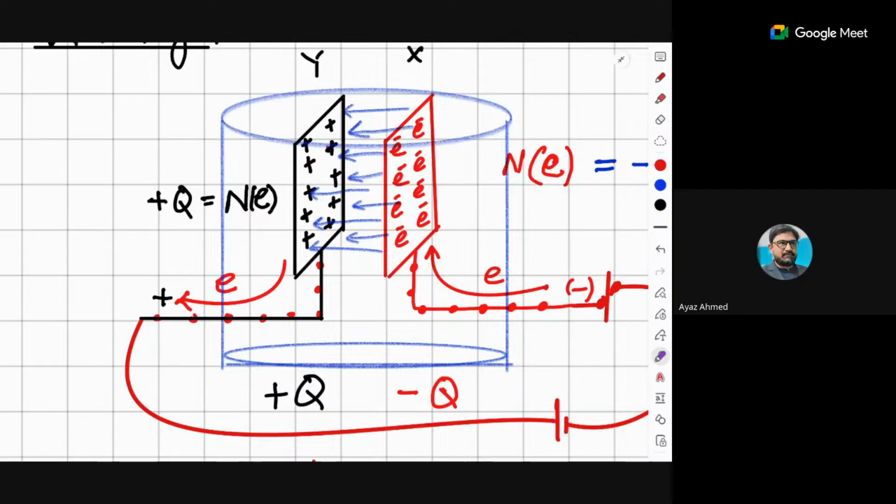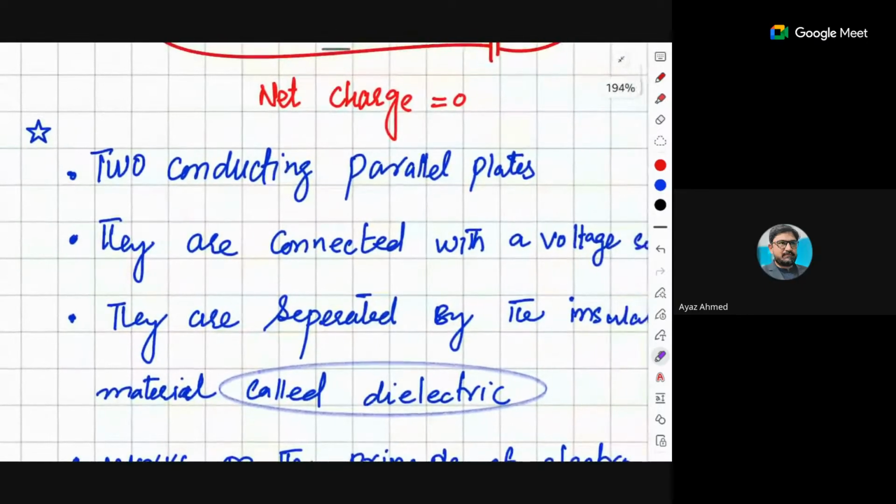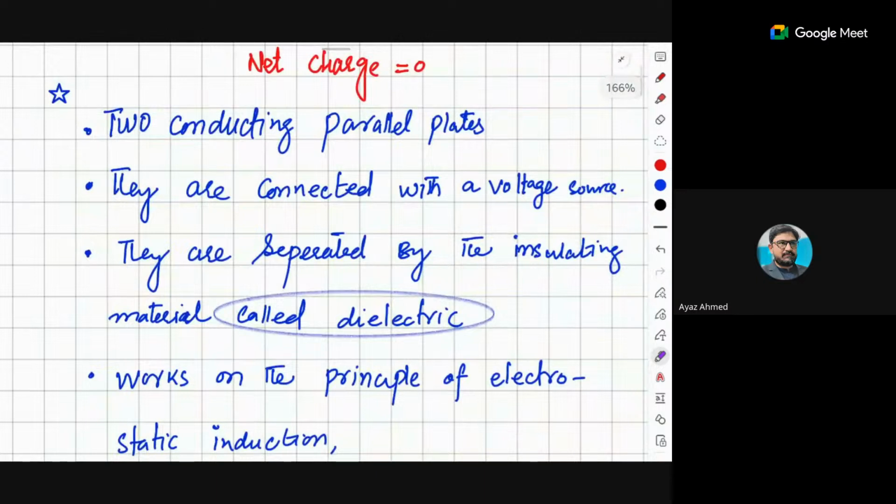That is, one plate is completely negatively charged, and the other plate is completely positively charged. But as a capacitor, if I say negative and positive are equal in amount and opposite in direction, is there any net charge? No. So that is why we say there is no net charge on the capacitor. That means the capacitor does not store the charge. It stores the